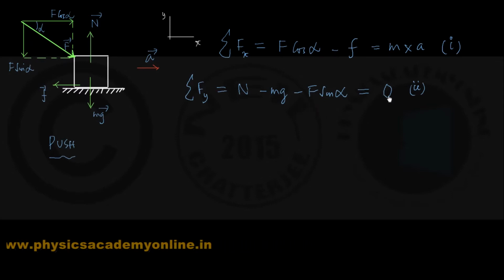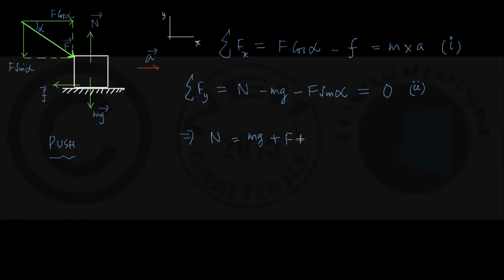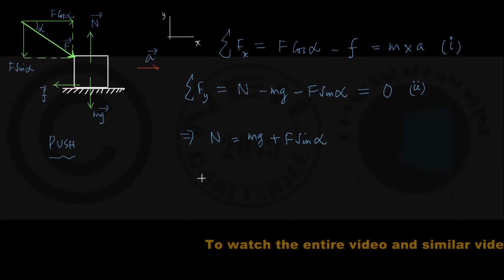So we got the equation number 2, and that gives us readily the value of N, the normal force applied onto the box upwards, is coming out to be mg plus F sin alpha. This is not mg anymore, so be careful, attentive. This is mg plus F sin alpha. So accordingly, we can write down that so long as the block or the box does not move forward,